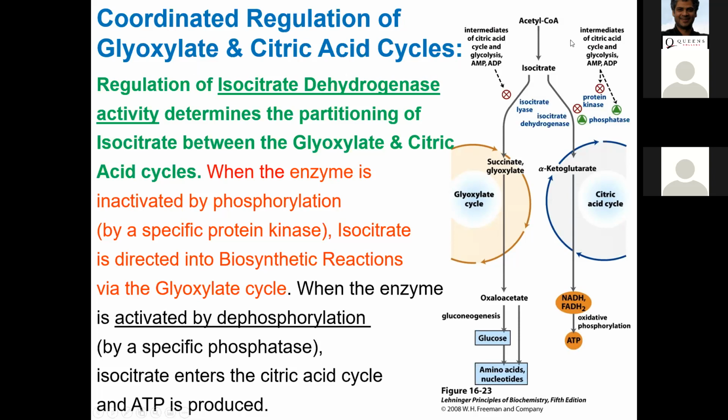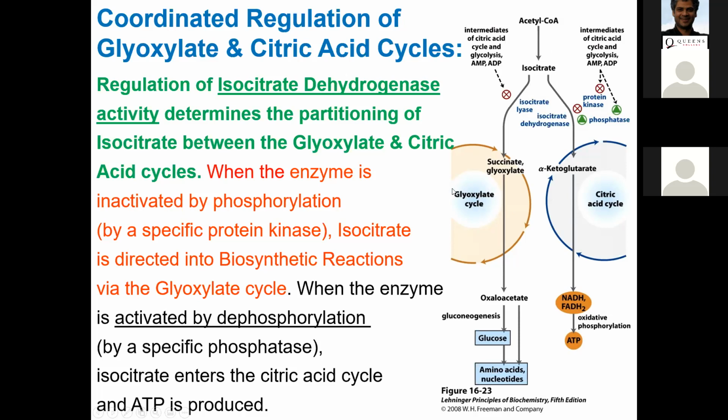This is a little bit of a busy slide, I agree, okay? And it can be a little confusing for you, right? But let's look here on the right-hand side. Let's focus our attention here. What are we seeing here? If you look here, you can see that you are taking acetyl coenzyme A on the top, and then you are bifurcating it. You are basically channeling it in two different pathways.